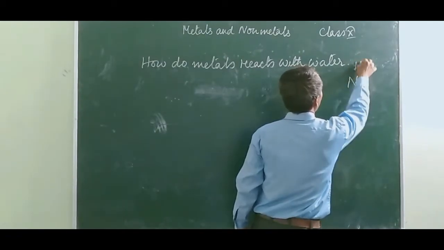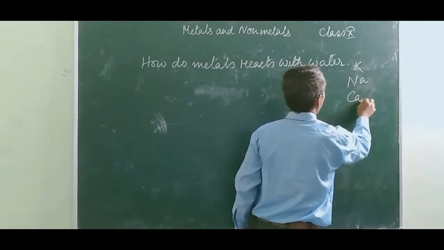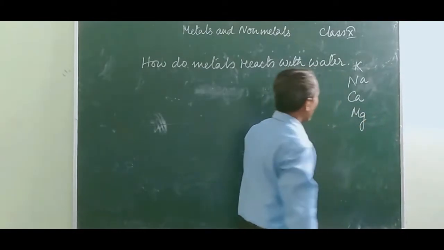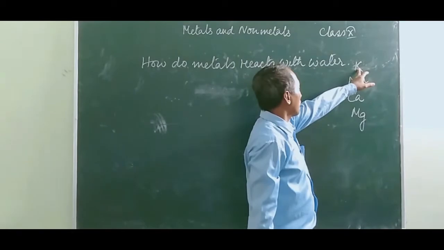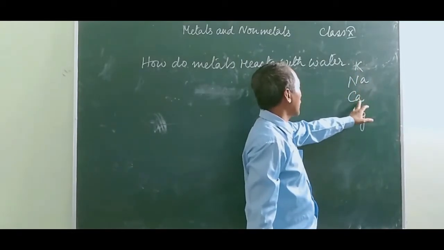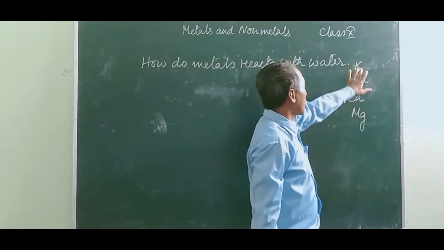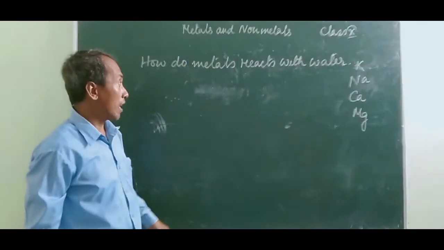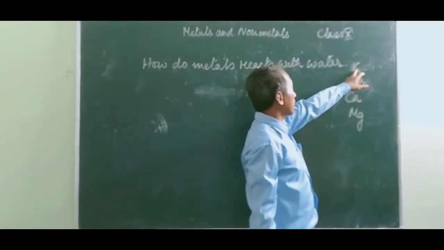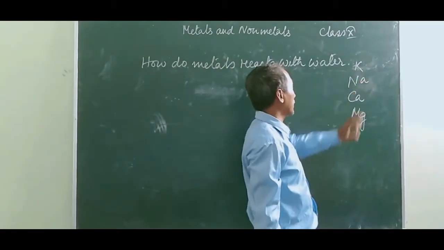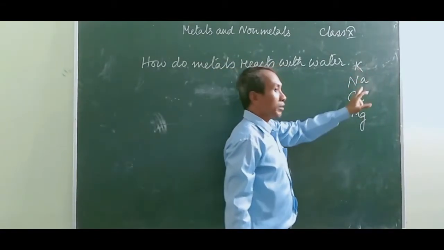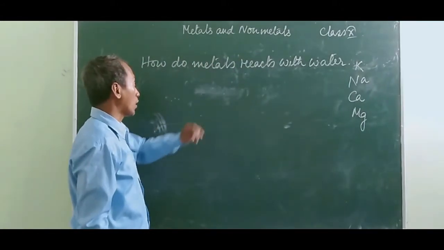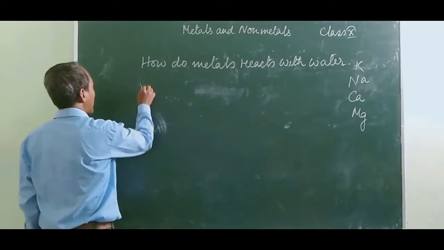this is sodium, this is potassium, this is calcium, this is magnesium, then it goes on. So here potassium and sodium are very reactive metals. I repeat again, potassium and sodium are very reactive metals. Potassium and sodium react violently with water. So very reactive metals